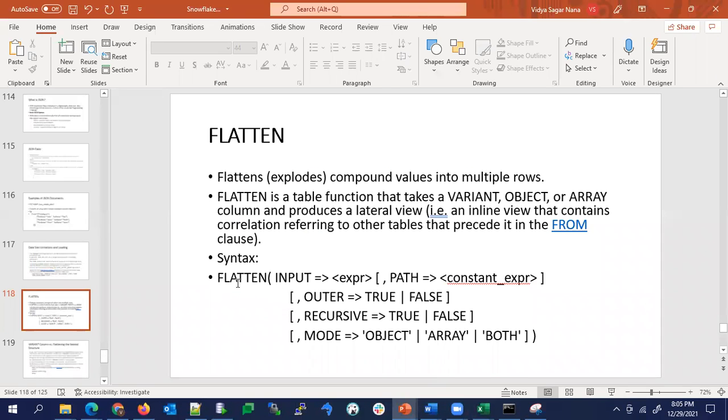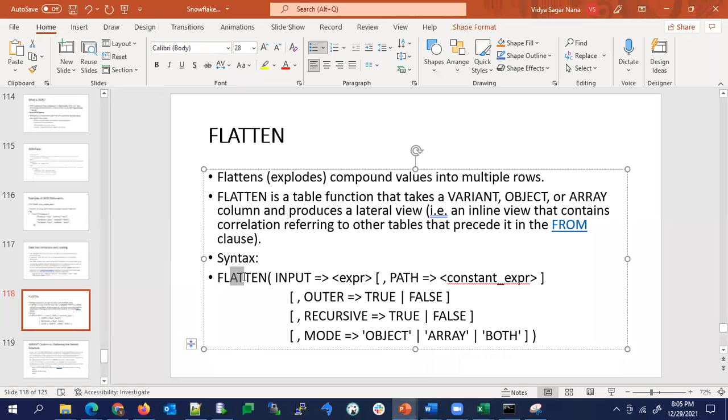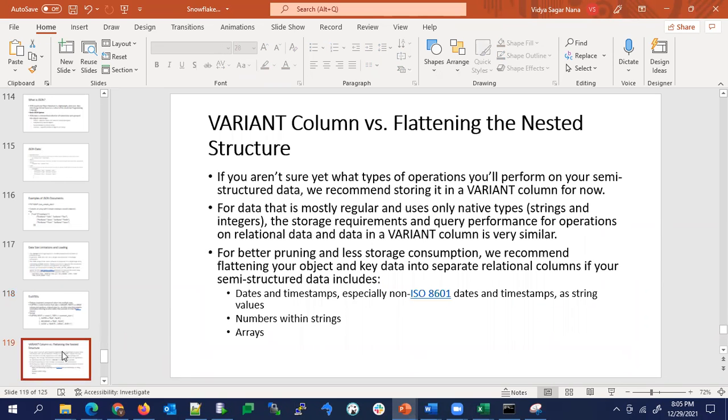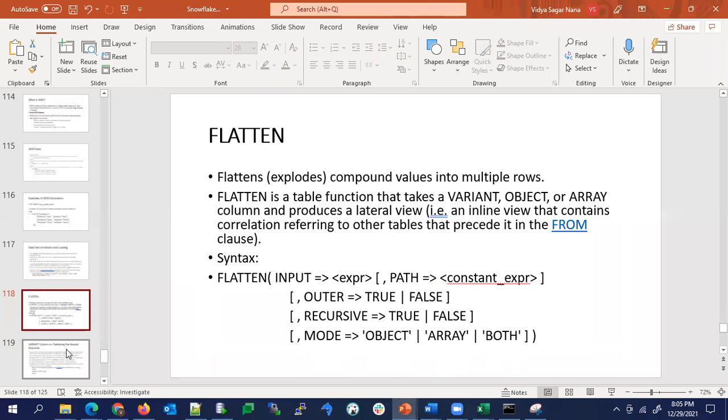There is certain syntax here. For flatten, you have to give the input expression or the path where the data is present, and options like outer, recursive and mode. You can play with these; the mode can be object or array or both, depending on what you want to read. Depending upon this, it will vary.